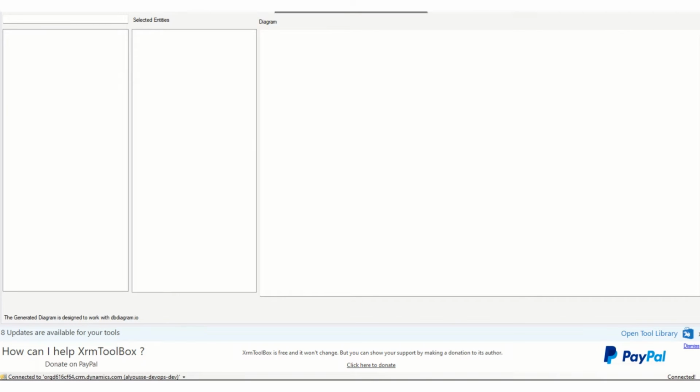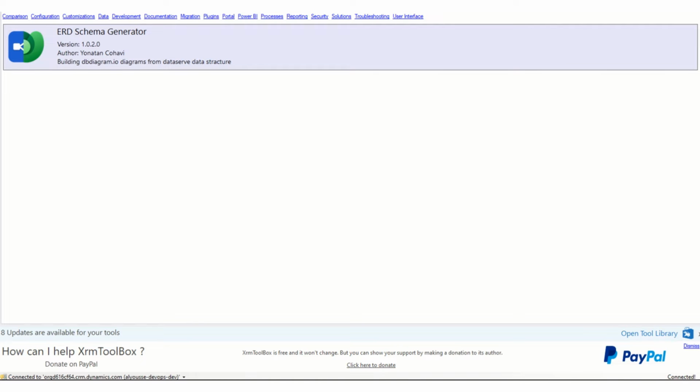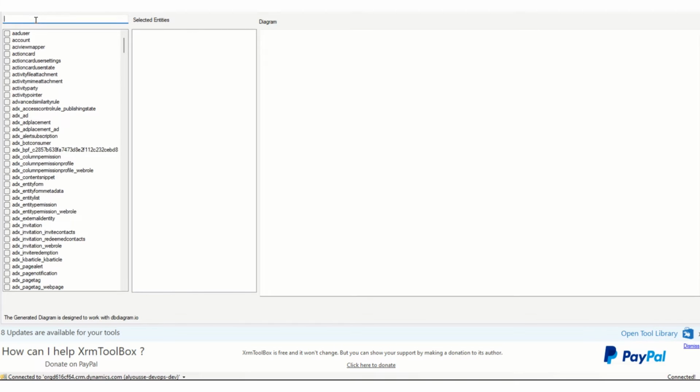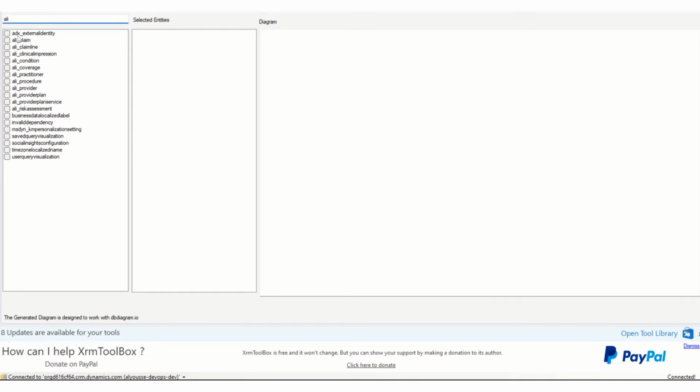So to help visualize this, I'm using a tool called XRM Toolbox. There's a plugin in here called ERD Schema Generator. Big shout out to the author, that's a really, really neat tool. You'll want to connect, and then you can load your entities. If you want to filter, in my case I have a prefix, I can filter here, draw all these up, and eventually you can generate what you need,